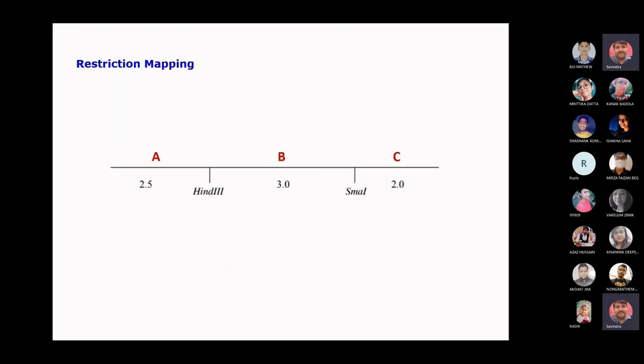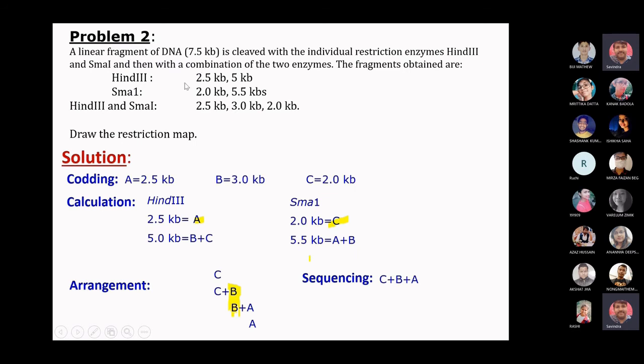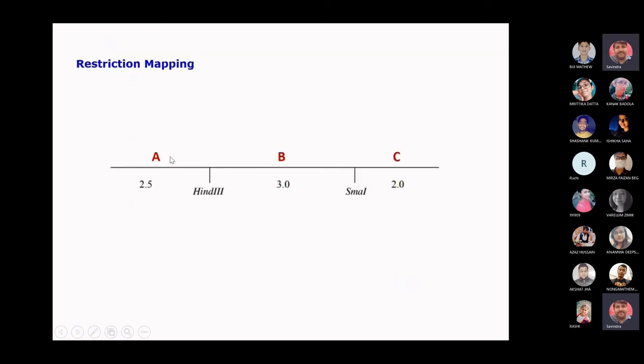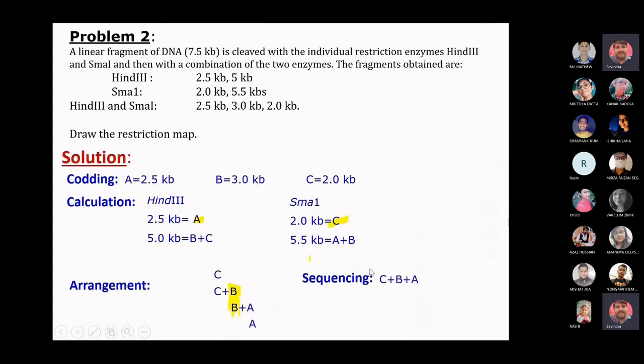This is the sequence. So again, first what we have to do, what is the total length? 7.5 kb. So either you draw a 7.5 inch line, or you draw a line of 7.5 centimeter, depending upon the length or the dimension of the page. Suppose this is the dimension of the page. So this must be very clear in the center of the page. And the sequence, whether you write ABC or CBA, it is the same thing.